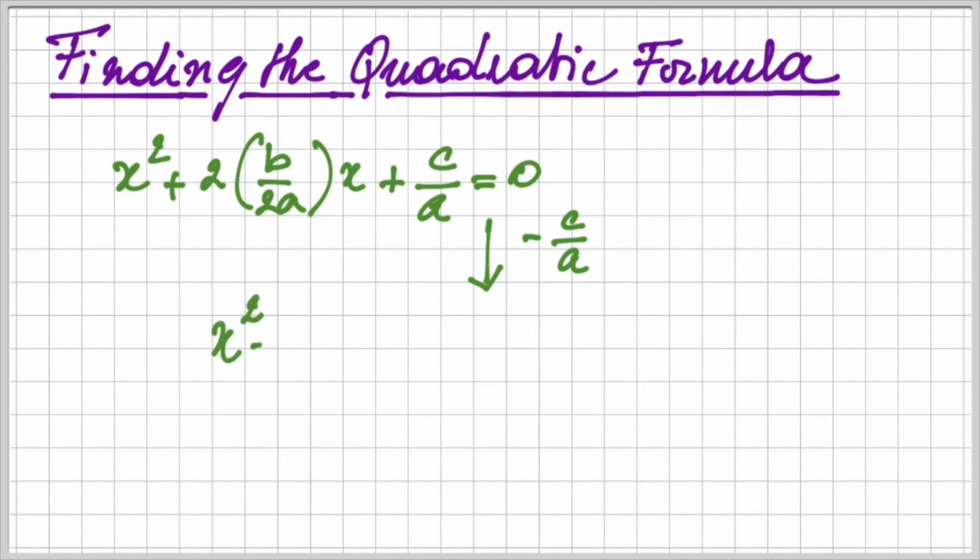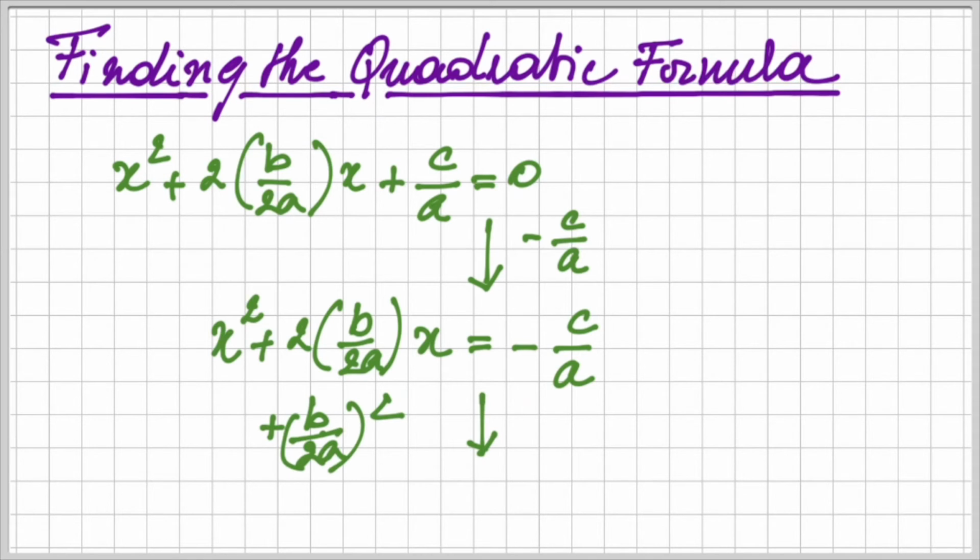When we do that, we find at the left hand side x squared plus 2 times b divided by 2a times x is equal to minus c divided by a. And you see on the left hand side we see basically the same or a similar formula that we considered